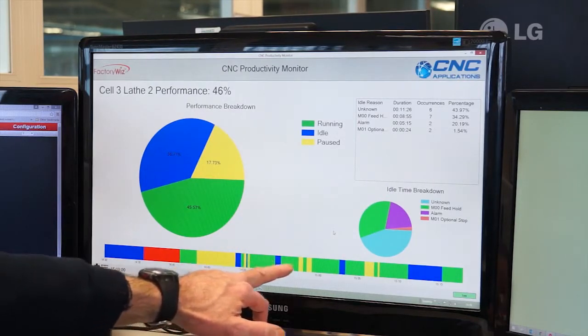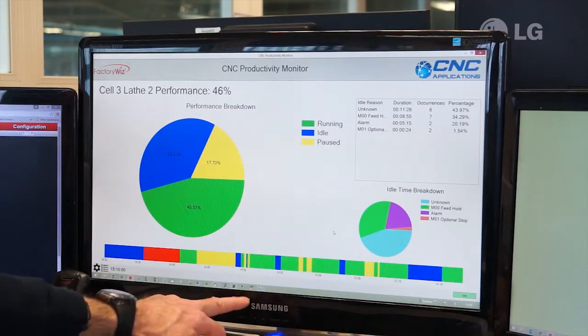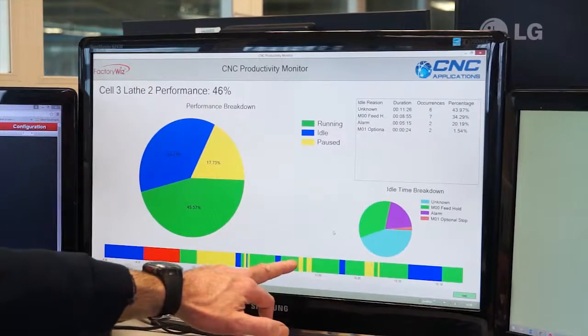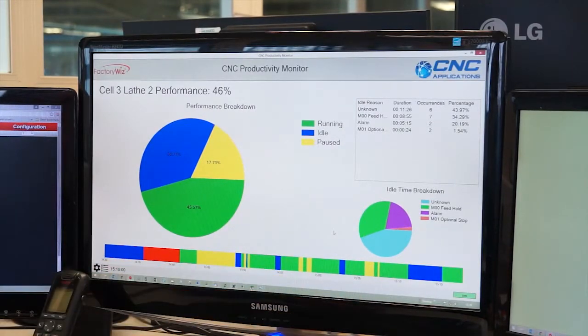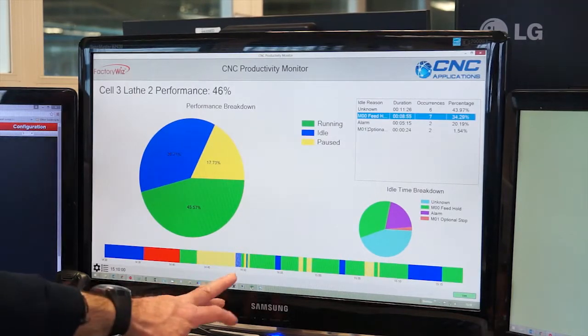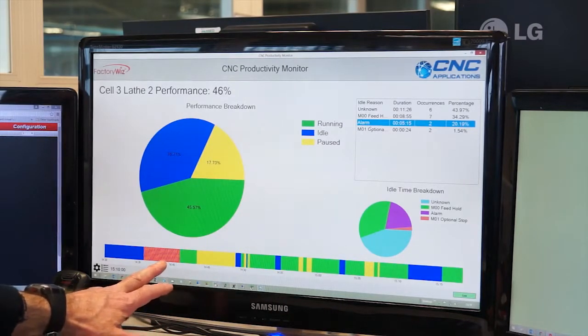This is when the machine is running correctly. There's two short pauses. They're in there to remove swarf. And then you analyse the output of the machine along the bar and start asking questions of why the machine's down. And the table at the top there, is that actually then highlighting? The table at the top, if I click on it, it will show you on here which parts it refers to. So as you go through them, alarm,